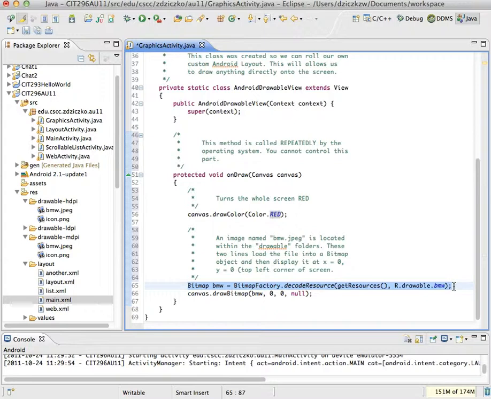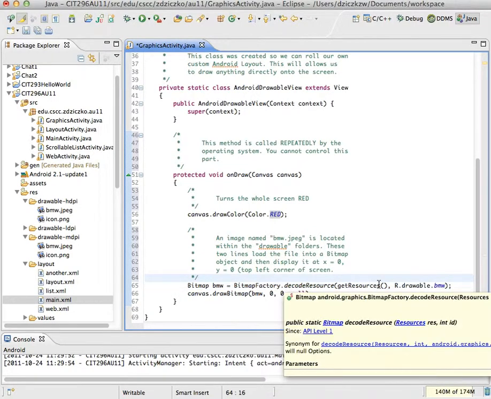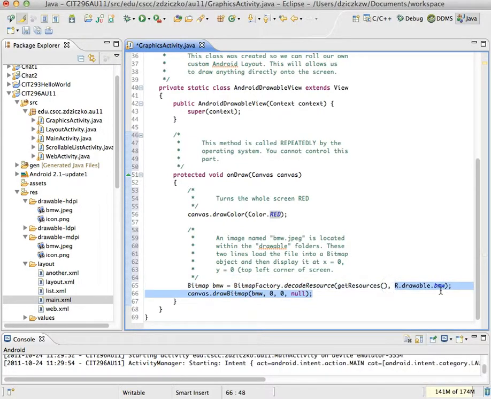What this line does is it goes and grabs the resource from the drawable folder, and the actual file is called bmw.jpeg, and loads it into this bitmap object, which I have named BMW. Then what I do is I say, I want you to draw this bitmap on the canvas at position 0,